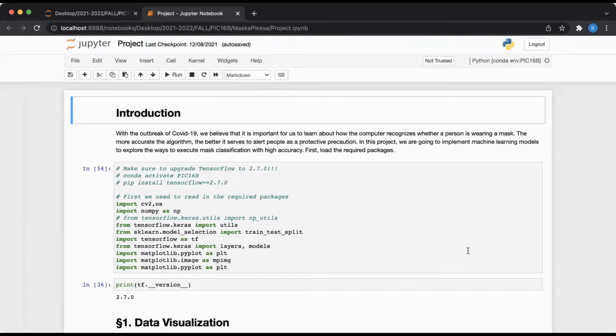Hello everyone, in this video I'm gonna briefly talk about what I did in this quarter. So basically what I did is that I used TensorFlow in Python to develop a face mask classifier. I believe that with the outbreak of COVID-19, it is important for us to learn how the computer recognizes our faces. I'm also gonna go over some of the brief applications of it, but I will not come to it